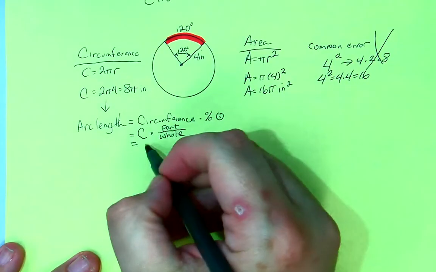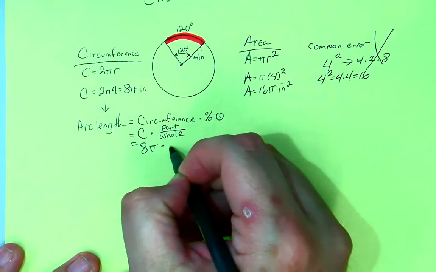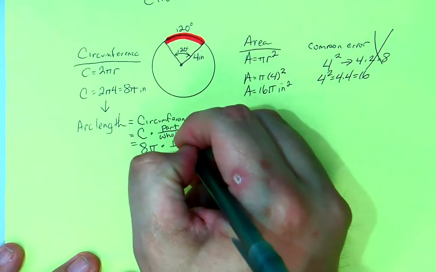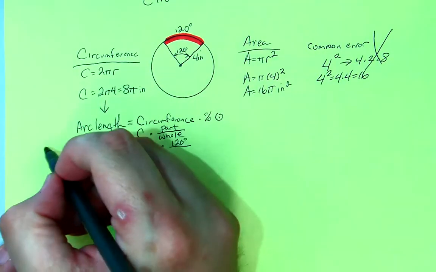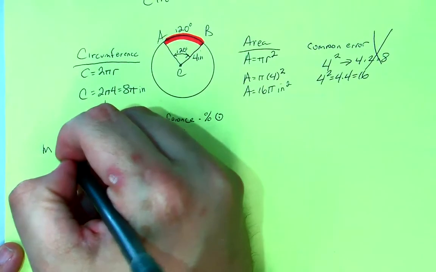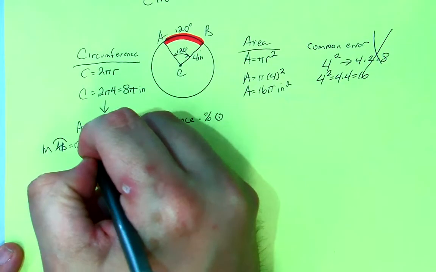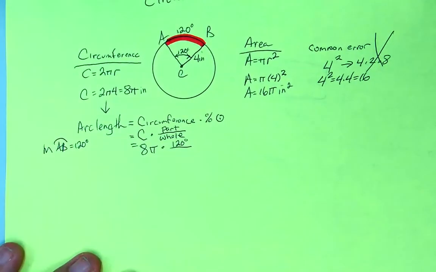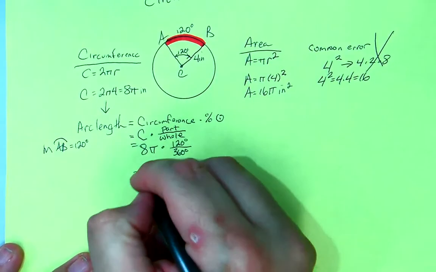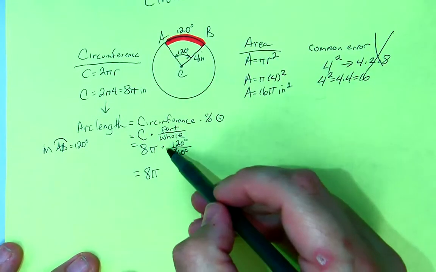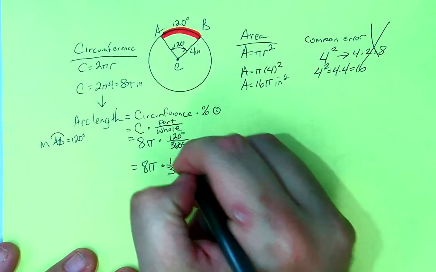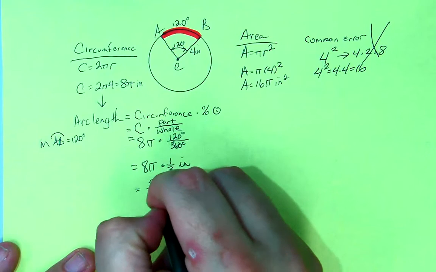So in our case, we have 8 pi, so we get 8 pi times, well, we're given the part, which is 120 degrees. The arc length, or the measure of the arc, is 120 degrees. Let's say that's AB, and that's C. The measure of arc AB is 120 degrees. I can use that 120 degrees, and I know that for the whole circle, it's 360 degrees. So I kind of rigged the problem a little bit. 120 goes into 360 3 times, so this is 1 over 3, and we just get 8 pi over 3